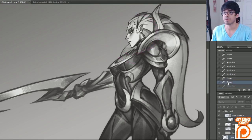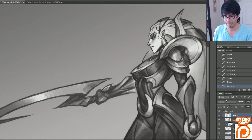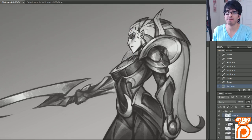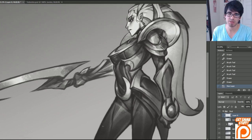Because that is the most important part of the piece. So the way that you go about doing that is a couple things. The first thing you're going to want to do is think about your just straight up values. And you'll notice that as it goes back down to her legs, notice how all the values down here